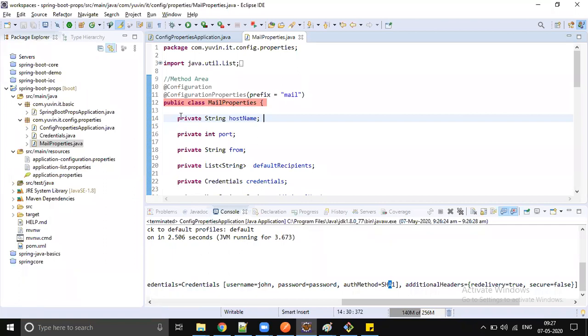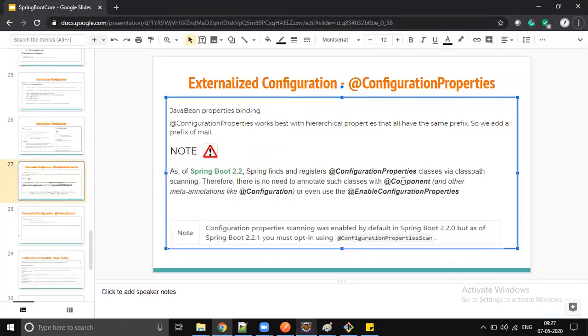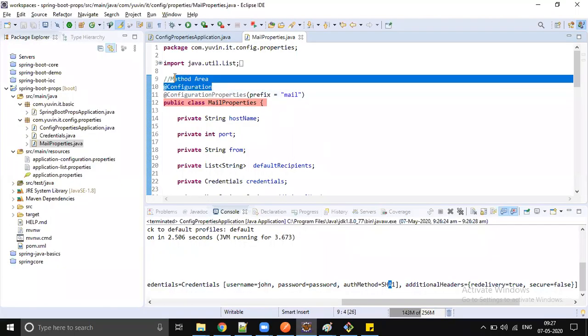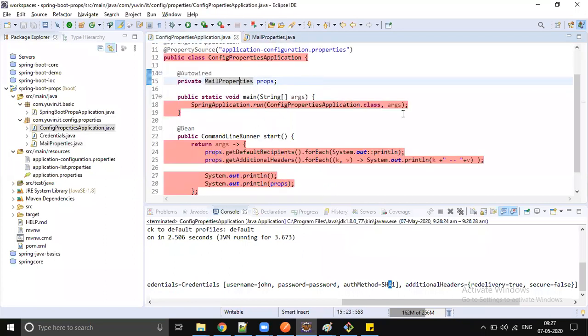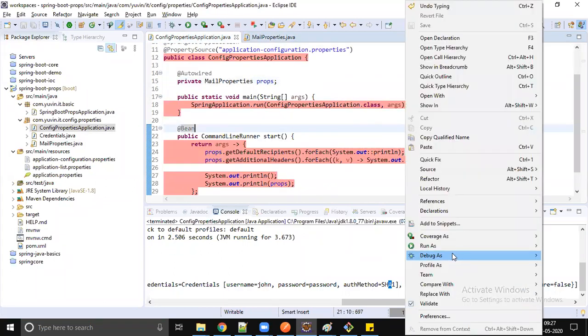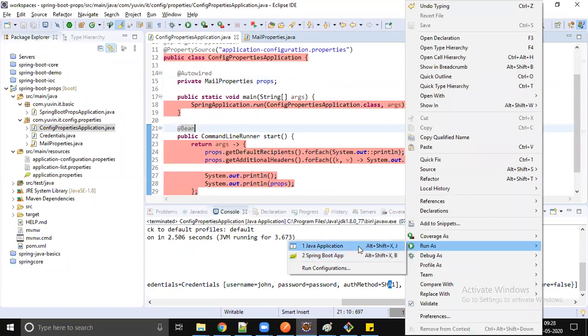To enable it, you have to add @Configuration or @Component or @EnableConfigurationProperties, any annotation is fine. It won't work individually. Actually, as per the latest documentation 2.2.6, it should work individually, but somehow I don't see that happening.